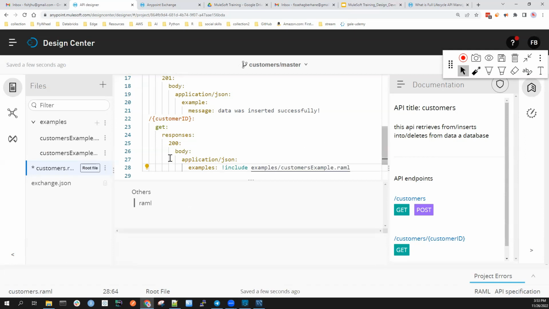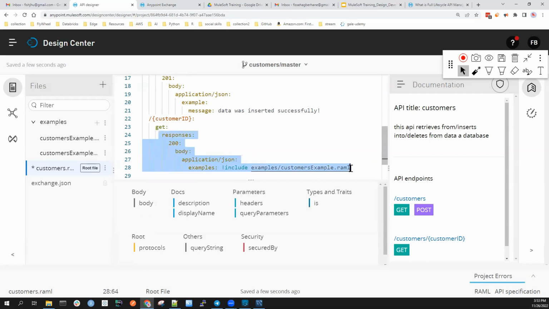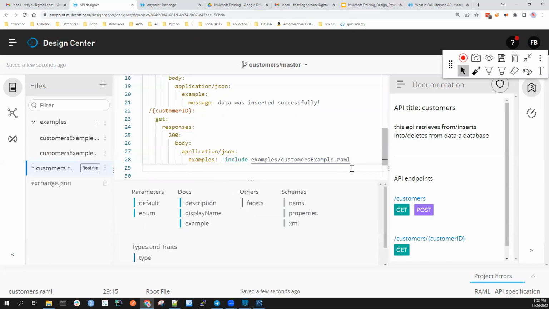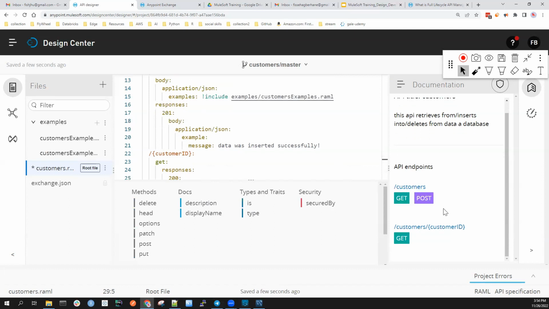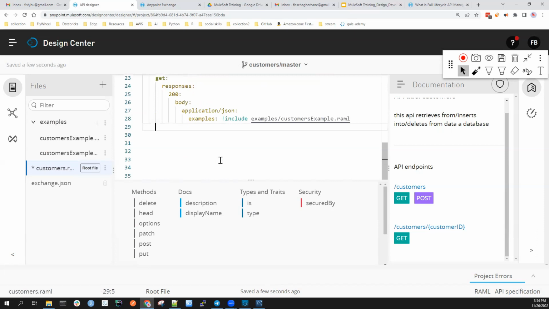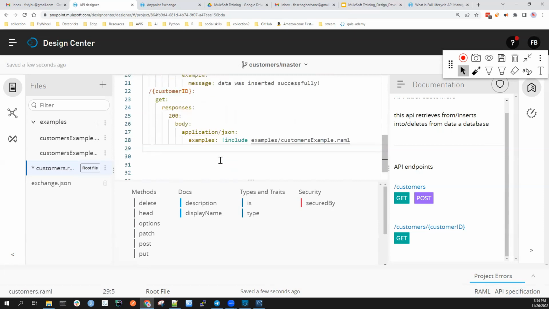Now that's it with the GET method. We are not sending anything, but we are getting this response. And we have the POST method also. By the way, as I write these messages, on the right it creates the endpoints. So customers has GET and POST messages, and the customer ID has a GET method. You see that. Now let's add the POST method